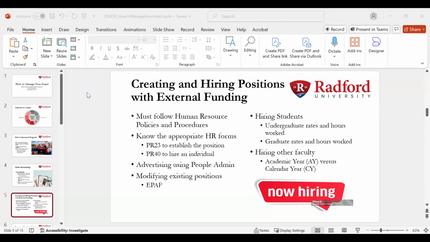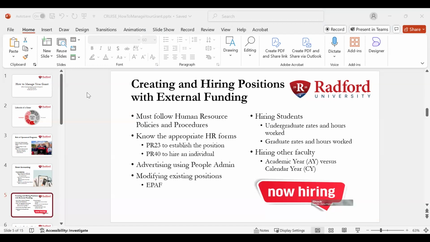If they're enrolled full time, you're not going to be charged fringe benefits. I know that's a question we get a lot. But if you want to hire them in the summer, which is certainly permissible on grants as long as you have the funding, usually they're not enrolled, at least in summer class. And if they are, they're usually not enrolled full time. So if they're not enrolled full time, they're going to be assessed the FICA, the 7.65. So do know that when you're hiring students,